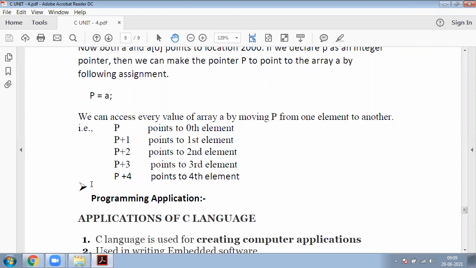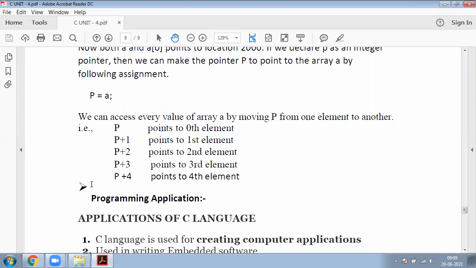If we use p plus 3, it points to the third element, a of 3. Now the last one, p plus 4, points to the fourth element, that is a of 4.